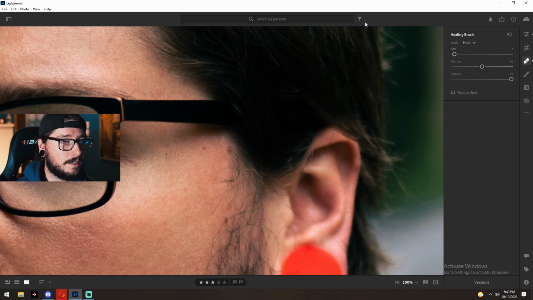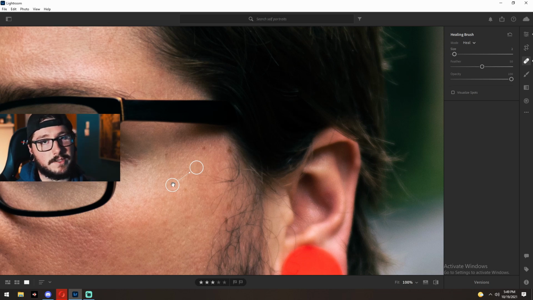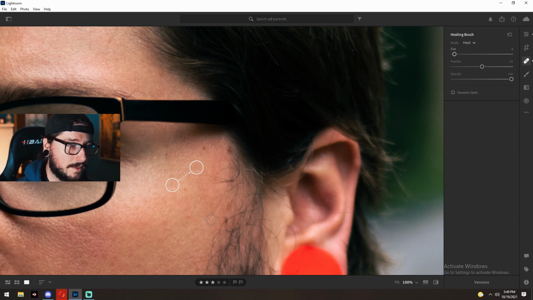You want to kind of try and match the skin tones. You might not be able to see it zoomed out, but yeah, that's a good spot right there. You're not going to be able to see it zoomed out for the most part if you keep it small like this, but it's good practice to try and keep the texture and the light in the spot